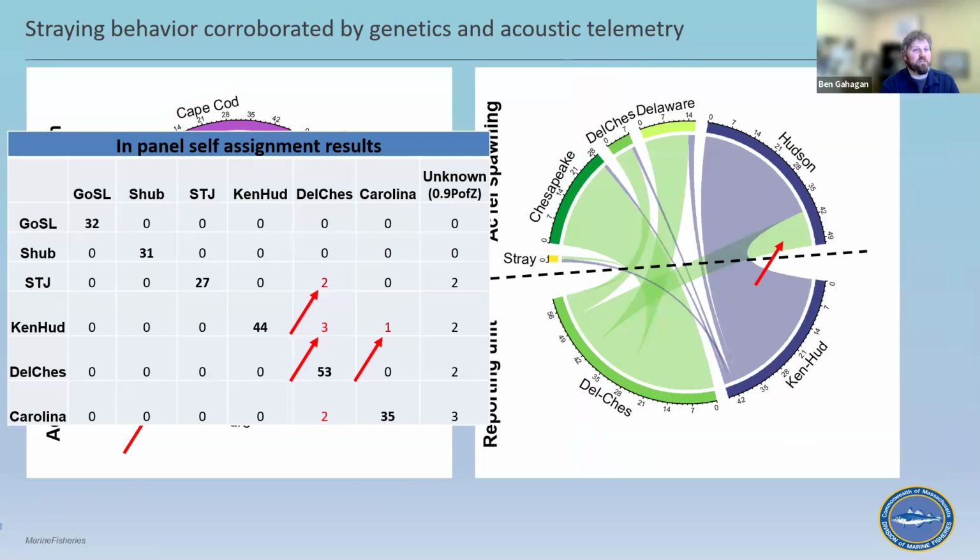That's a great observation, Tara, and it's something I've been puzzling over myself, and I'm not strong enough. My throwaway line is, I'm not a geneticist, I just play one during talks. But it is certainly interesting. I've gotten the same question, and I don't have a solid answer for that right now. It's intriguing that there might be that much straying happening, yet we still are seeing enough separation genetically to do such a good job assigning fish back and coming up with mixture estimates. Or like you said, it could be a temporal thing.